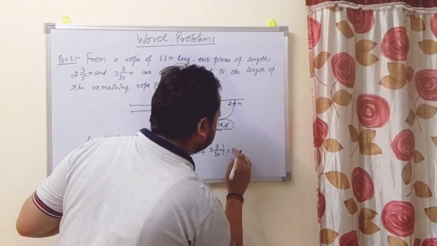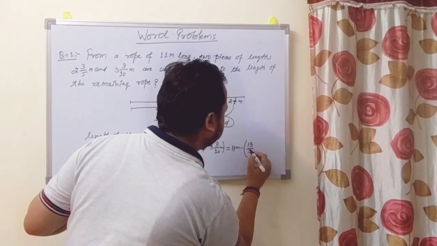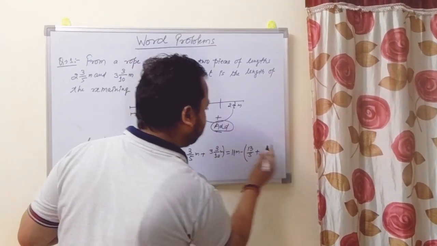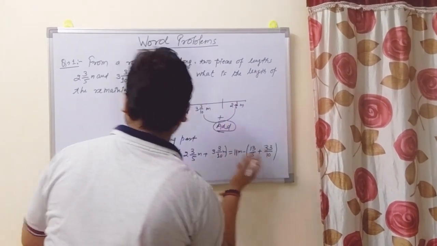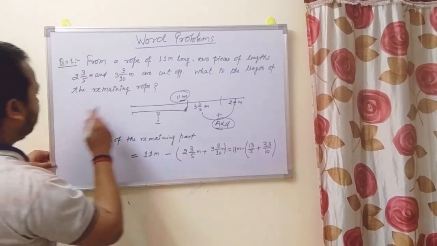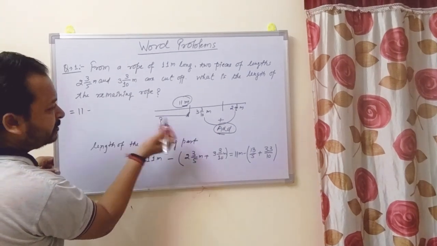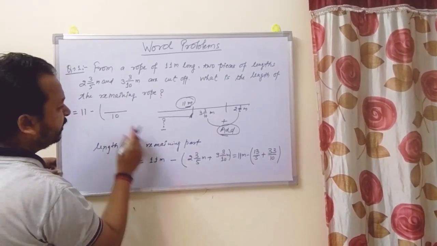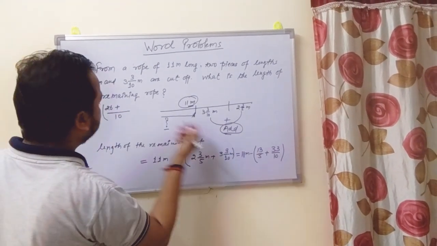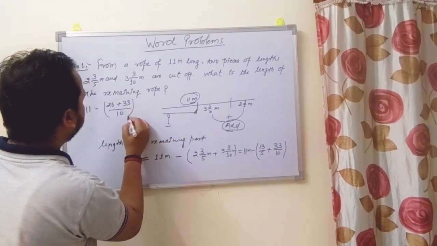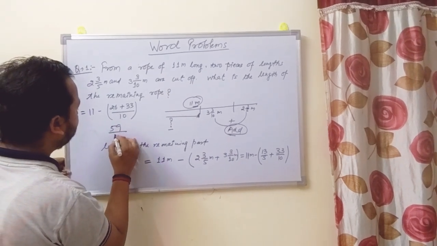Equals 11 meter minus 13 by 5 plus 10 3s are 30 plus 3, 33 by 10. Take the LCM of 5 and 10. The LCM of 5 and 10 is 10. I'm doing it here. So 11 minus, 5 2s are 10, so 13 2s are 26 plus 33, 10 1s are 10, right? So 6 plus 3 is 9, 2 plus 3 is 5, 59 by 10